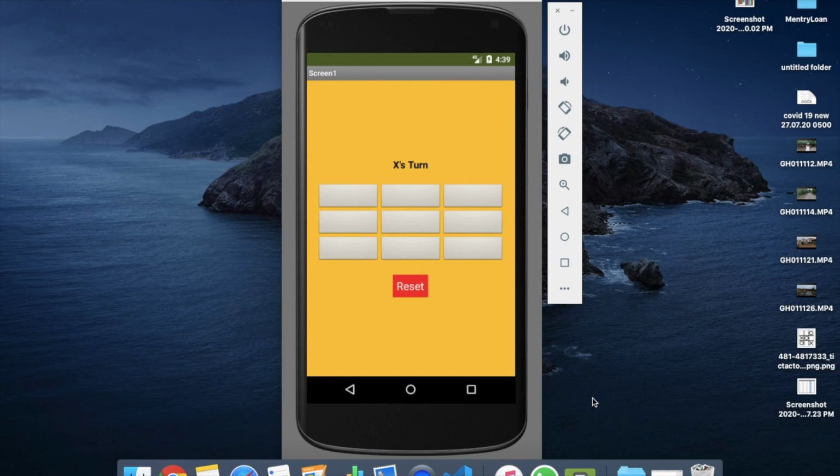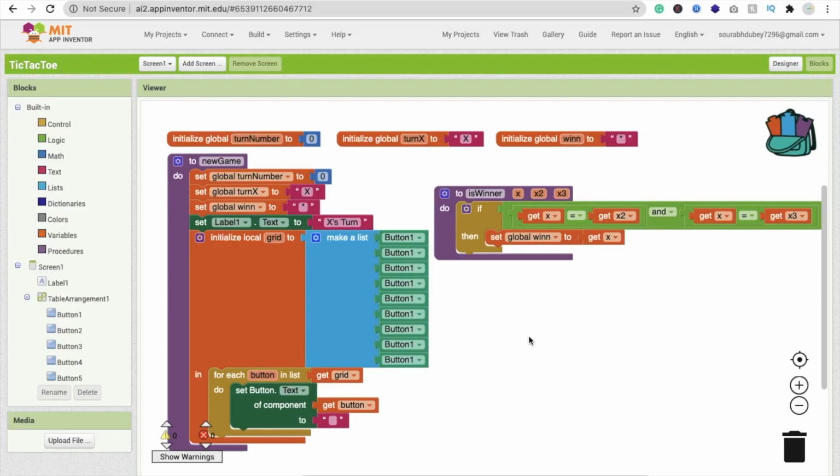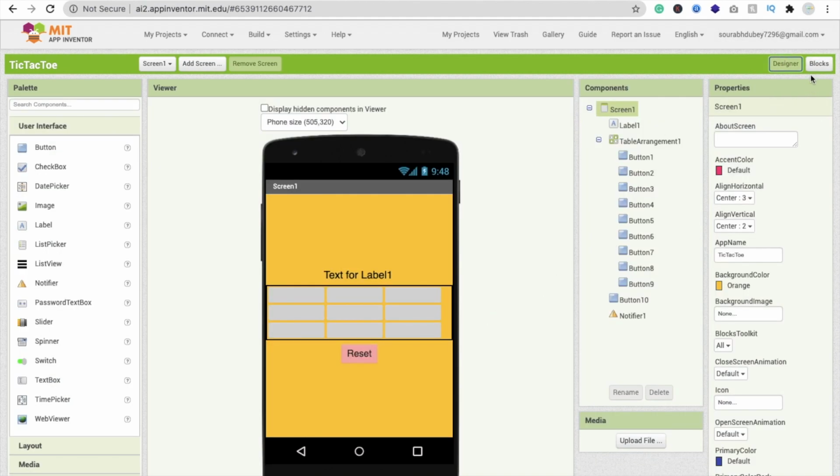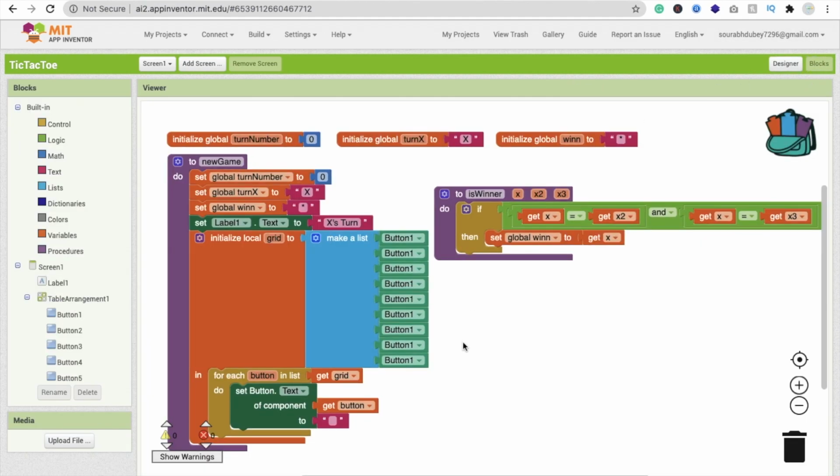In this video, we will learn how we can create a tic-tac-toe game in MIT App Inventor. So that's the second part of our video. Till now we have done that one code, and we have done the design also in the first part, and that's the second video. Now we need to write one more procedure here.